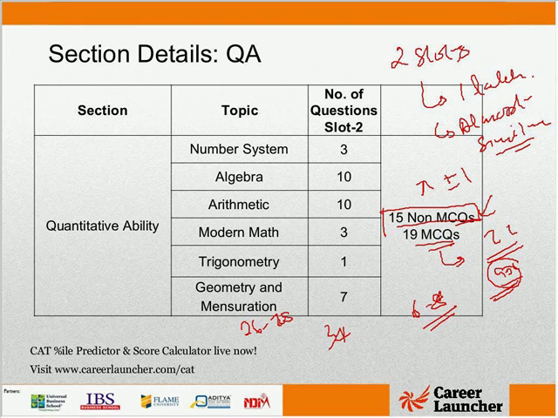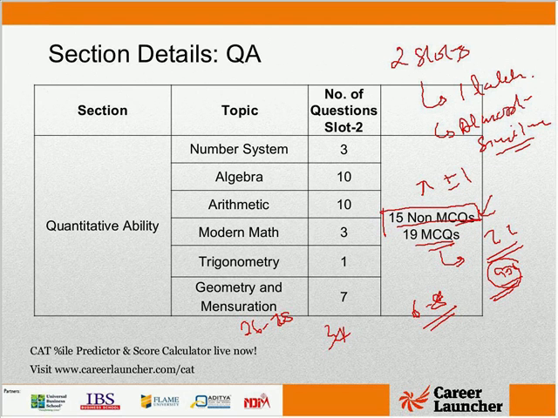I have attempted 61: 28 in VRC, 19 in LRDI, 20 in QA. I expect 26 to 27 correct in VRC. That's some brilliant accuracy there. 16 to 18 in LRDI is also good accuracy, and about 15 in QA. What are my prospects? I would say if your analysis regarding your attempt accuracy is correct, QA might be a little on the lower side because it comes out to a net score of around 40, whereas LRDI and VRC are spectacular. QA will be touch and go whether you'll reach the 85 percentile or not.